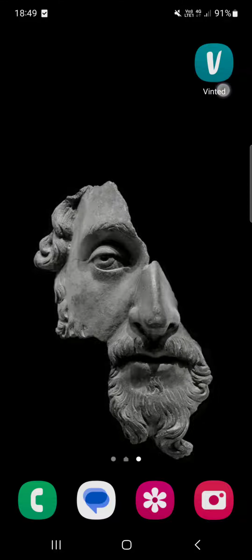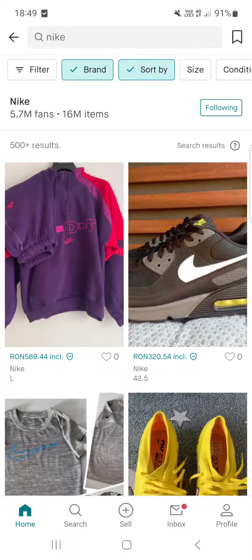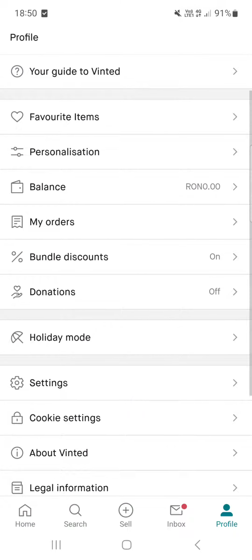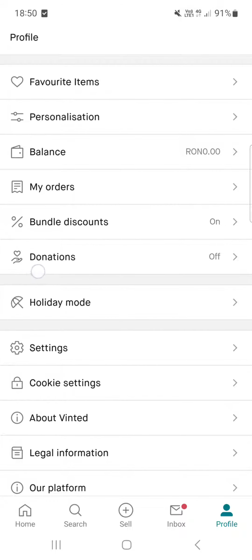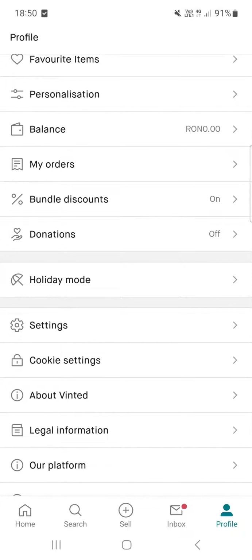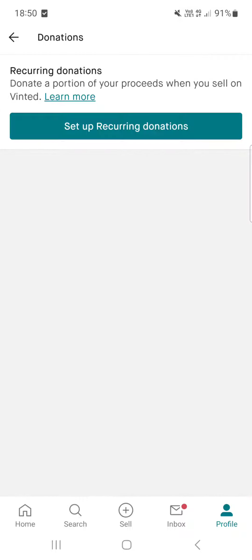First we have to open up the Vinted app, and here it usually opens up in the home menu, but from the home menu we have to go into the profile menu in the bottom right corner. We tap on it, and here if we scroll down a bit, we find the donations button, and after tapping on it we can